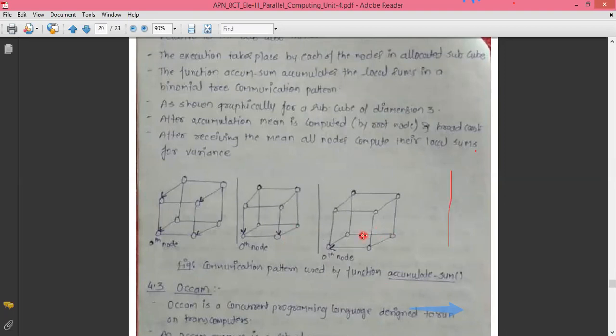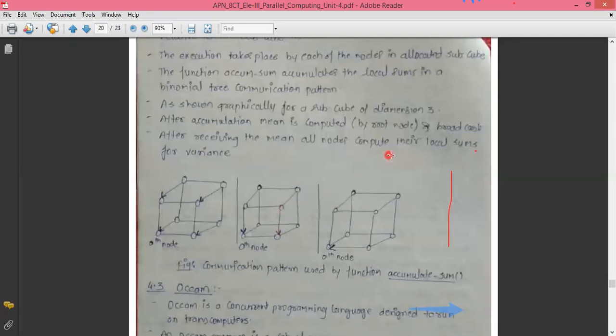2 raised to the power 2 is very small, and that would not explain things quite properly. So when you are in a position to explain an example with the NCUBE parallel programming language, it is suggested that you draw a cube of dimension 3. Dimension 3 means 2 raised to the power 3. Dimension 4 means 2 raised to the power 4. Just don't forget all these things.